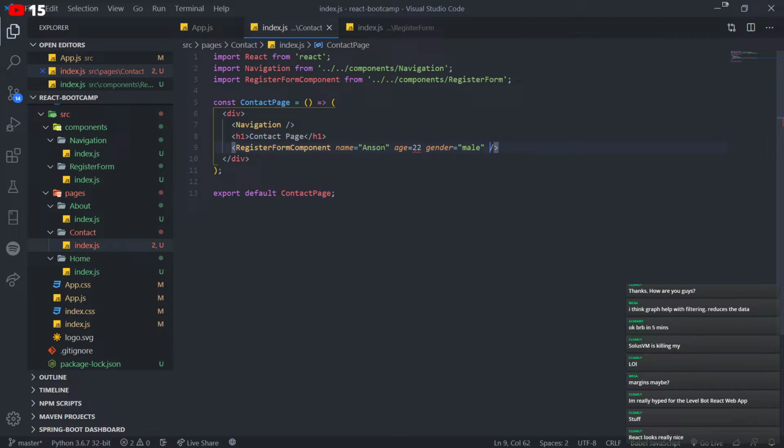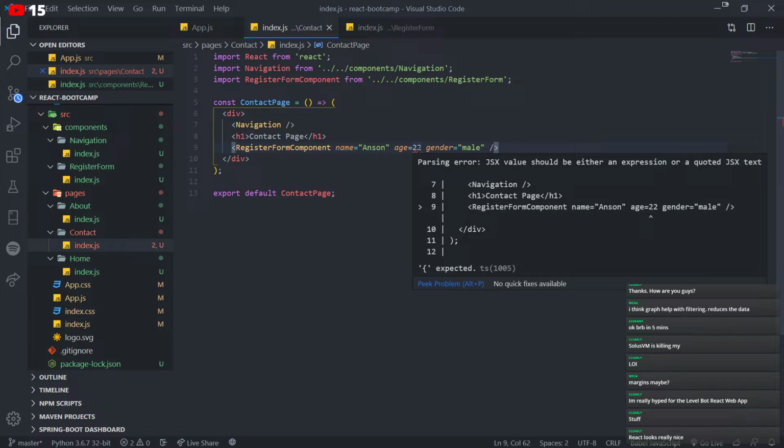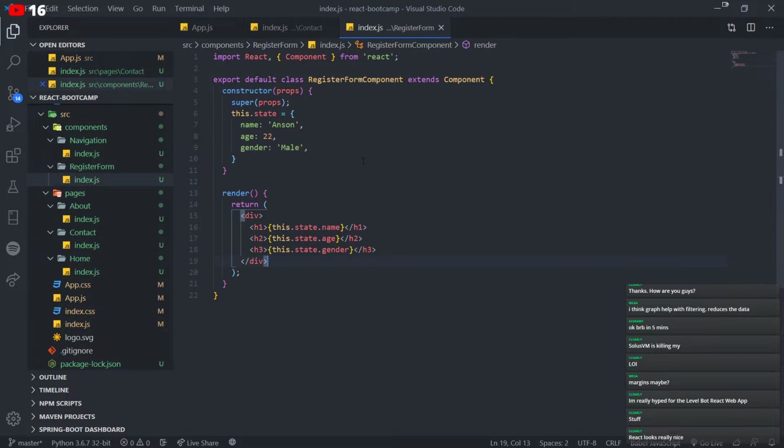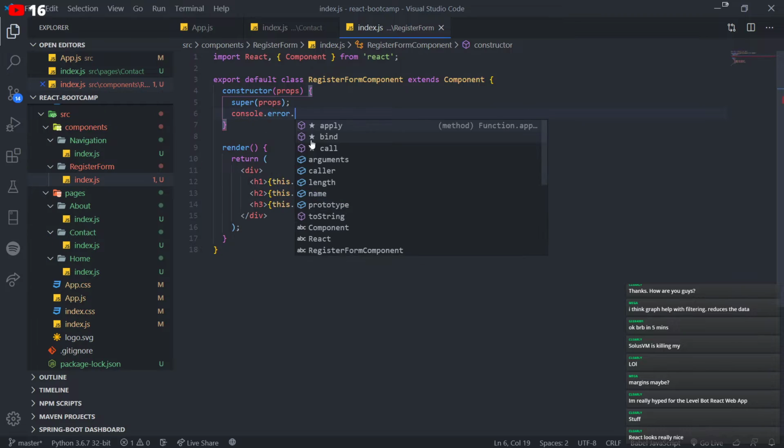I don't think I should pass in an object, so let's just do 22. There we go. Okay. So now, if I go over here and console log props,